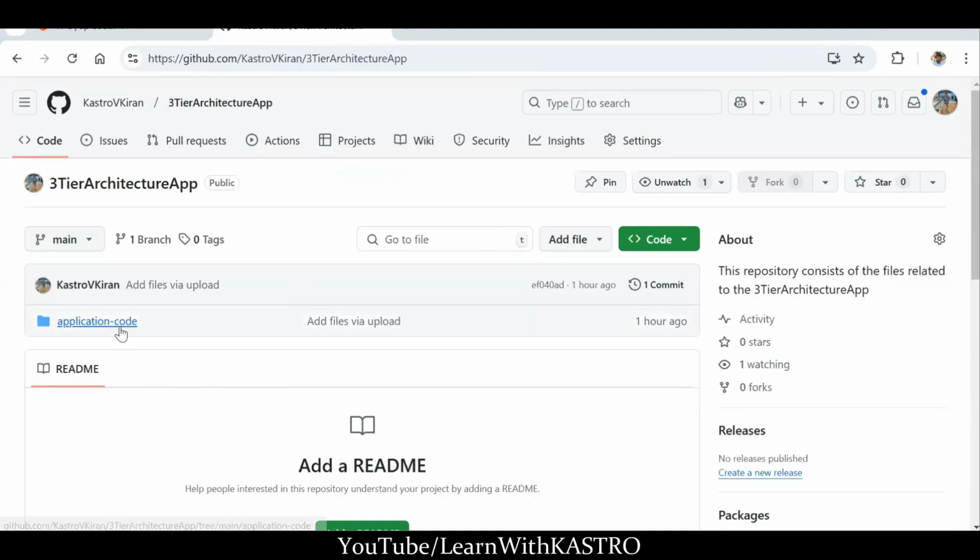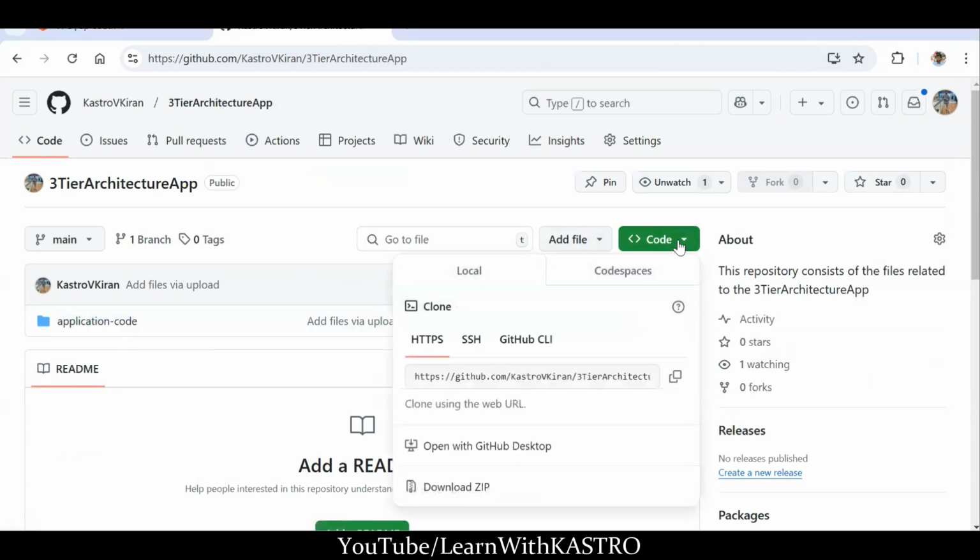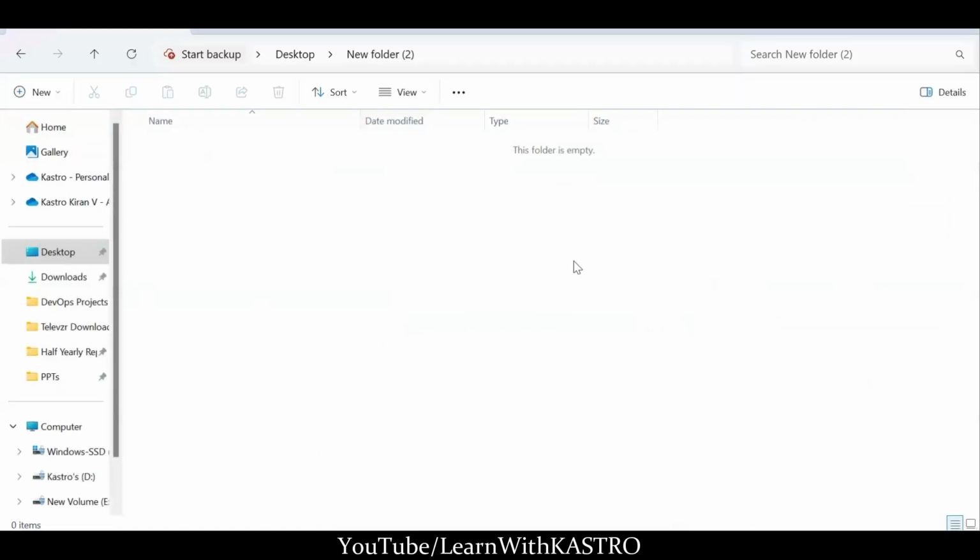Now clone this repository into your local system. So how will you clone the repository? Click on code, and here you can see the repository URL. Copy the repository URL, go to any folder in your local system, any folder, create a new folder also,